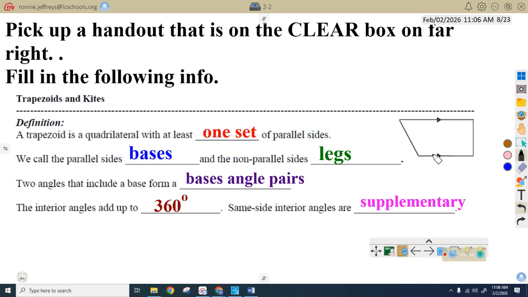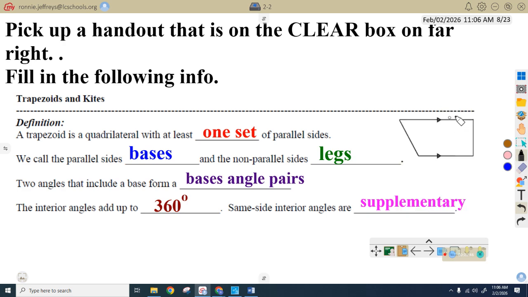Okay, so today in honors geometry class, we're going to be looking at trapezoids. Also, new procedure. There's only one person absent, but y'all's new box is going to be on the far right. It's clear today. It will be kind of maroonish when the other one comes in. Just depends. All right. So a trapezoid,